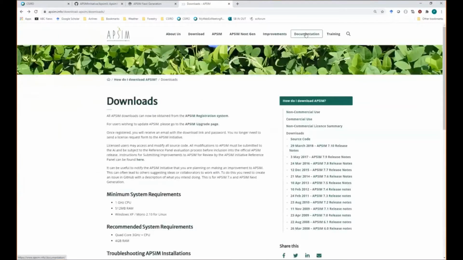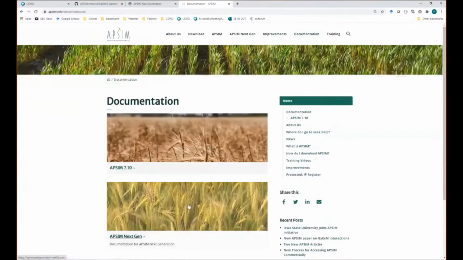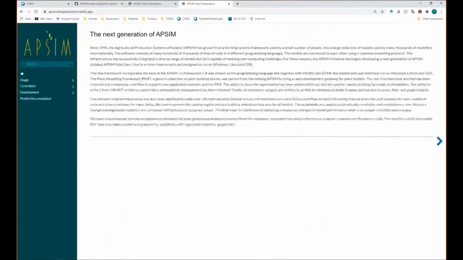On the documentation side of things, that's a handy place to go. I'll click on Next Generation. There was a Classic option there as well, but I'll go straight to Next Generation, which sends you over here. And under Model Documentation,